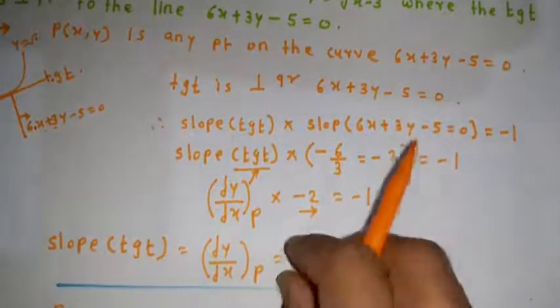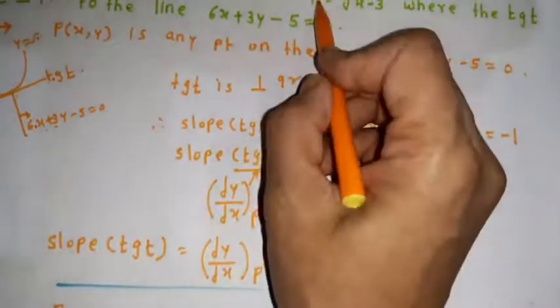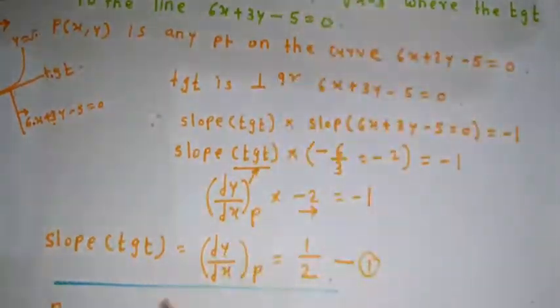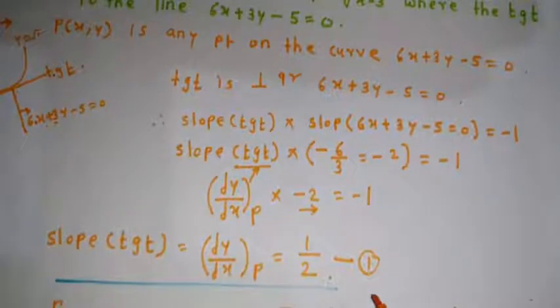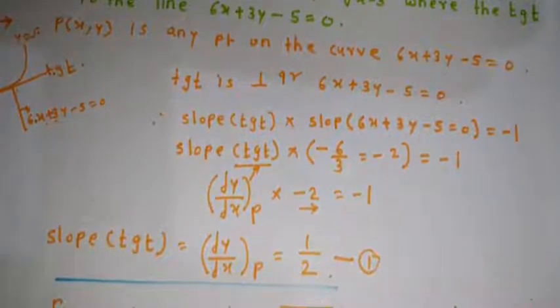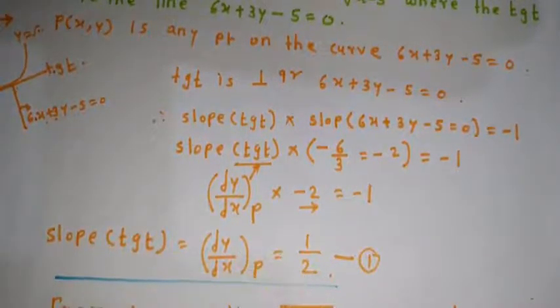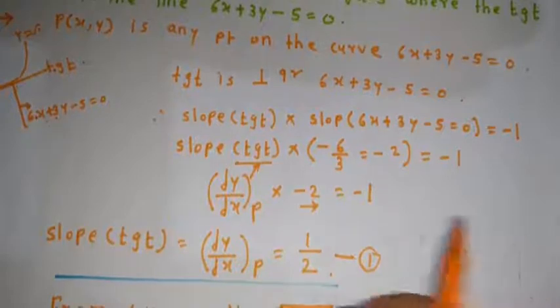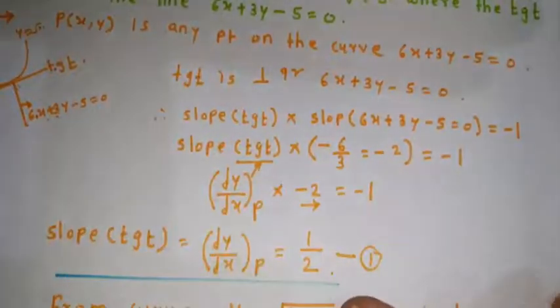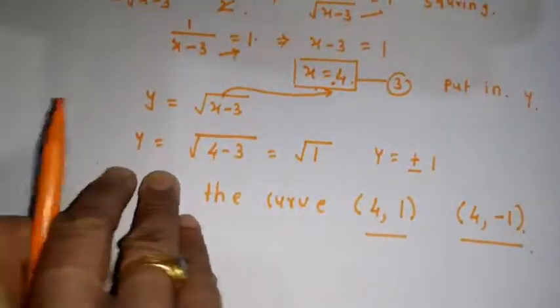This slope of the tangent we have compared with the slope of the curve. That means we have compared dy by dx. After comparing dy by dx, we got the value of x. Put the value of x in the given curve, and we got the value of y. Okay students, in this way we have solved the problem. Now the next problem is that